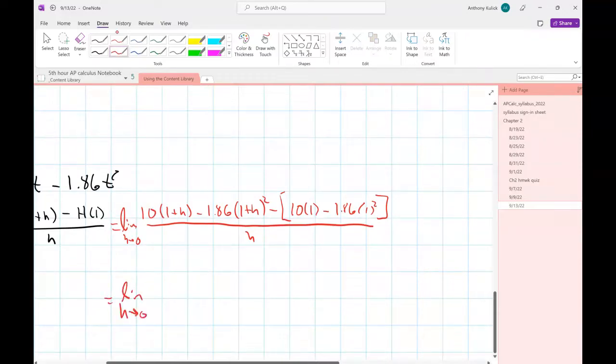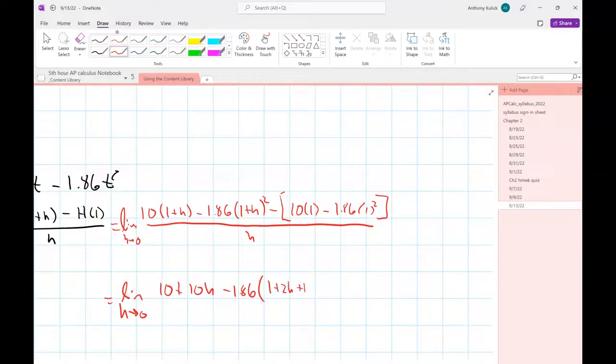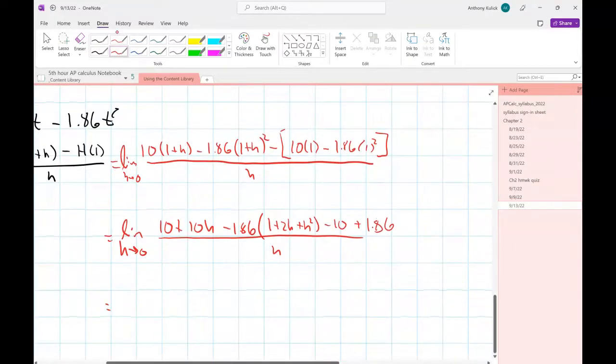Okay. I'm going to notice that I can't do direct substitution on this. I really couldn't have done it even at the first step because you end up with 0 over 0. So I'm going to go ahead and simplify this all down as far as I can and hope that when I'm done, I can cancel some h's. So I'll distribute the 10. I'm going to FOIL out the 1 plus h squared. And then if I distribute through that 1.86,